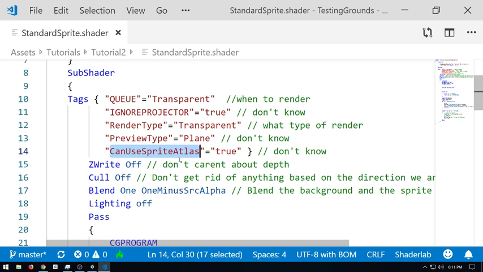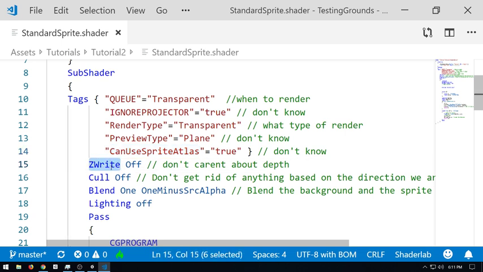However, we are never really going to run into that performance issue. As far as I'm concerned, no one here is going to build enough sprites in a game to require sprite atlasing. So I would say you don't necessarily need to worry about this right now. However, if for some reason you're rendering 500 different sprites on screen right now, that could probably save your life in terms of performance.